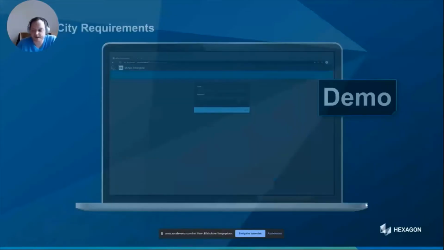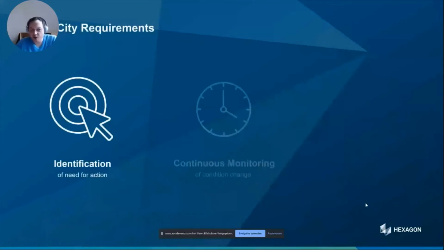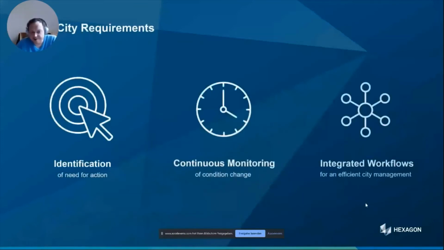With that, let's summarize a little bit. From our perspective, the main requirements are the identification if there's a need of action. So I do not have to take a look at billions of record sets coming in from sensors or also from satellites. In the end, the system should already tell me what could be a potential item where action is needed.